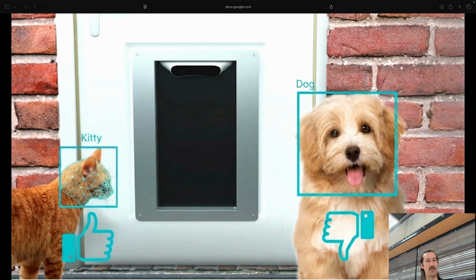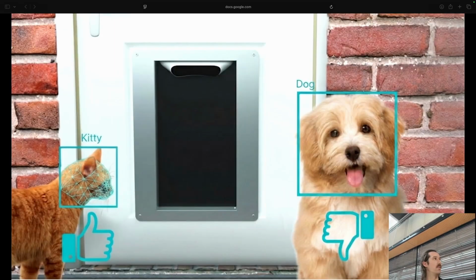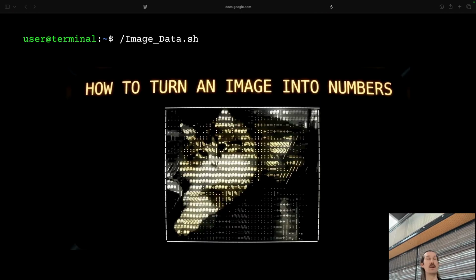And that leads us to more complex data, or let's say also a more complex model, because the other one was very easy. So that means we have to identify a different data set first of all, and we also have to reshape our model, the network structure. But let's talk about the data set first of all. Obviously we would like to work with images, no? So we have to work with a bunch of image data that we train a network on.